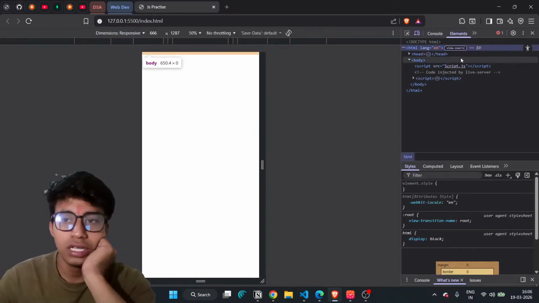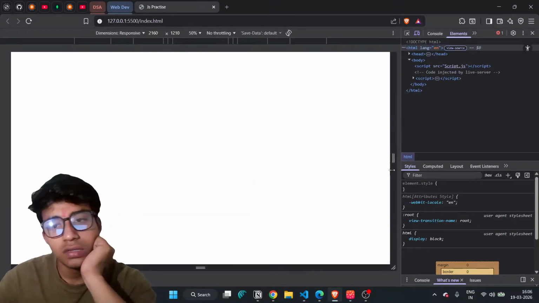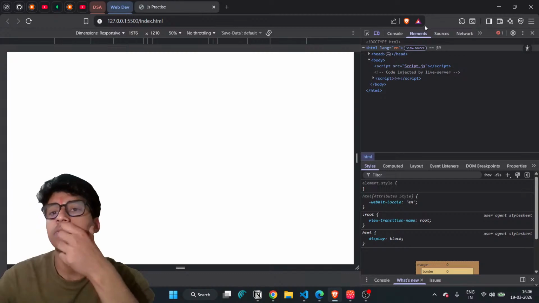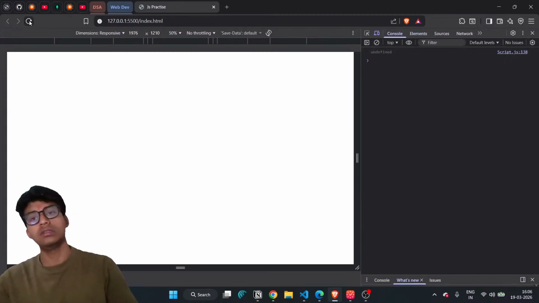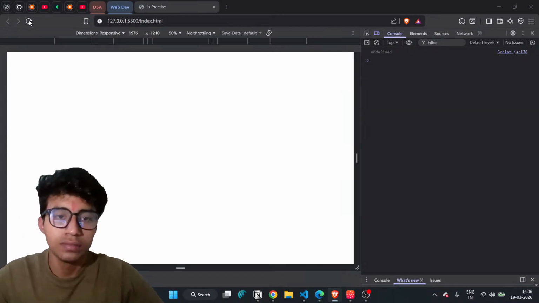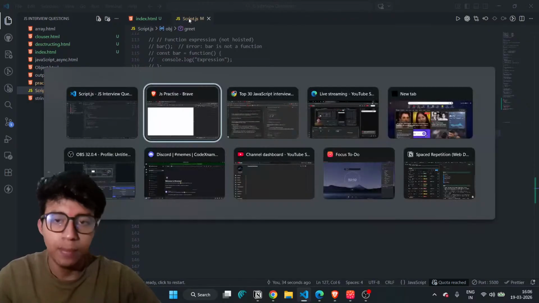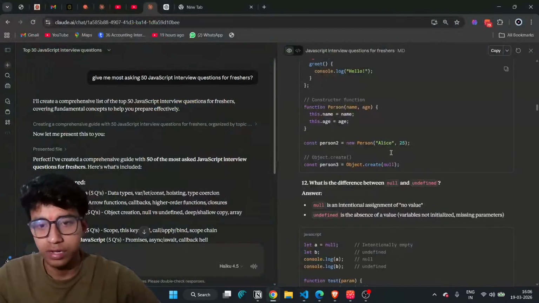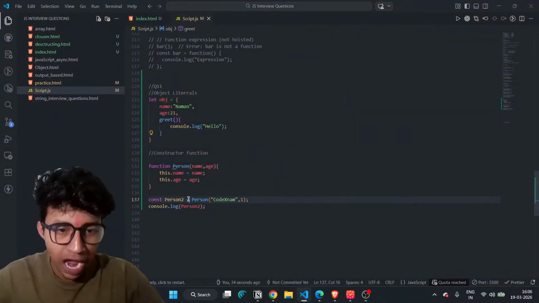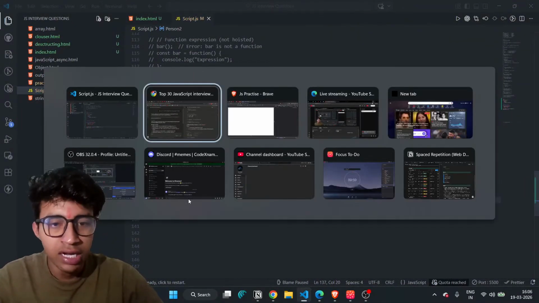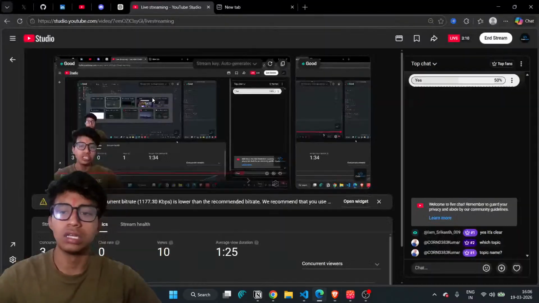Here it is, in the console. It's given undefined. Okay, undefined. So we need to write the new keyword. We had to use the new keyword.